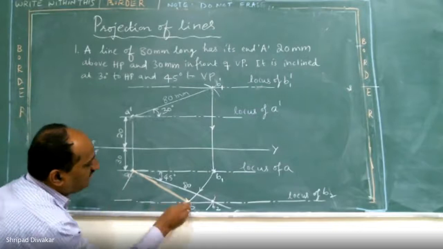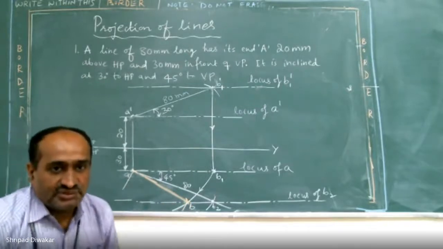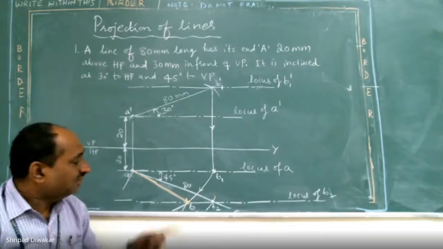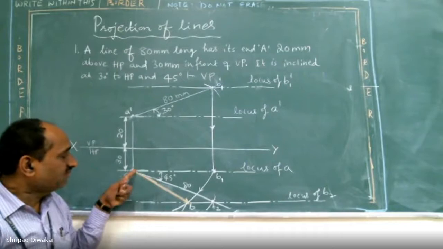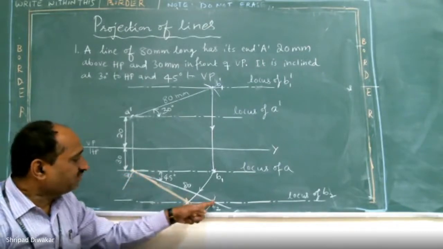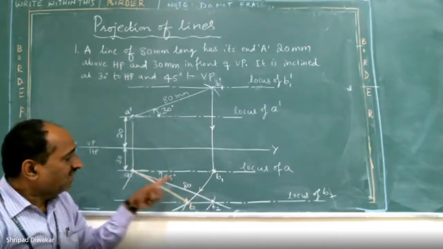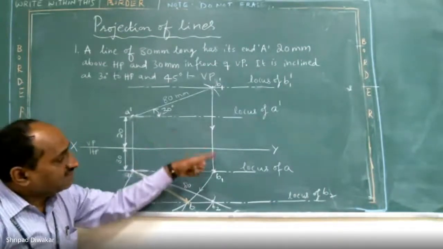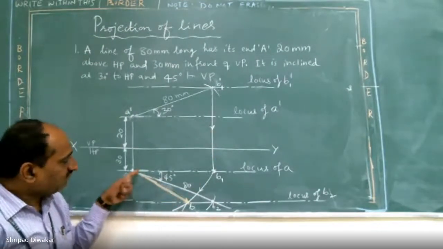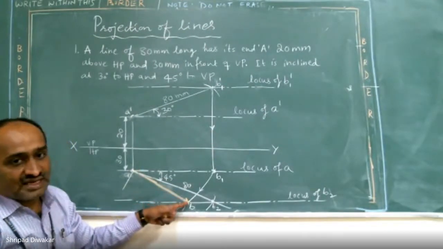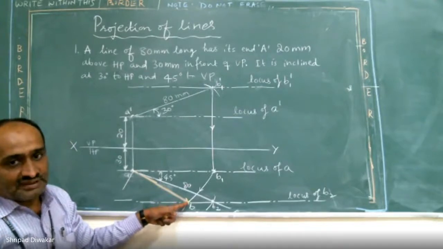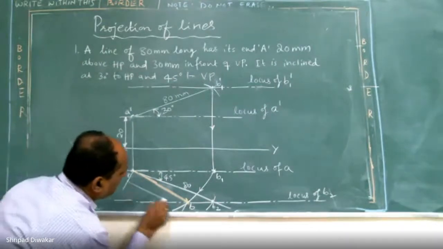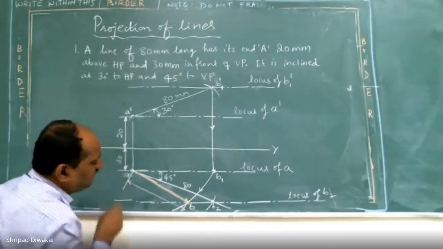That's why I say in case of a line we are having four dimensions. One is the true length in top view, apparent length in top view. Whatever you are having, AB2 is your true length, that is 80 mm. 45 degree inclination is your true inclination. By rotating this plane, you cut the arc and find out this AB. AB is called the apparent length of the line AB in top view. You measure that dimension, and it should always be less than your true length.